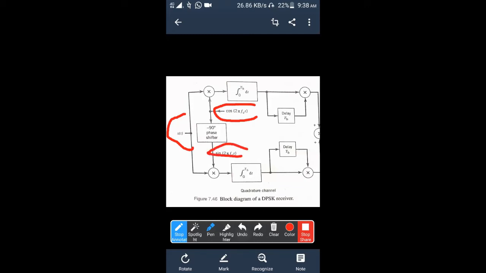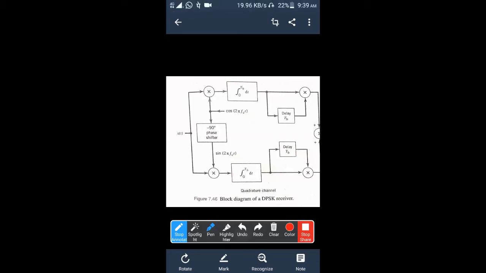How to generate cos 2 pi f_c t? Use an oscillator. How to generate sin 2 pi f_c t? For this oscillator output cos, introduce a minus 90 degree phase shift, it becomes sin. So we have cos here, we have sin here. But remember guys, the received signal was having a phase shift of theta, cos 2 pi f_c t plus theta, sin 2 pi f_c t plus theta. In coherent detection, the theta has to be created here, but in non-coherent detection, we need not bother about it. So forget about the theta. Just create cos 2 pi f_c t and sin 2 pi f_c t. Whatever the value of the phase, irrespective of that, you can do the job.